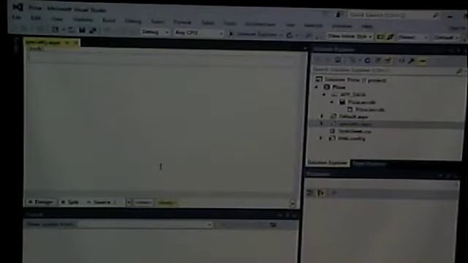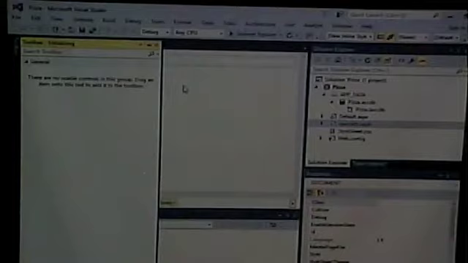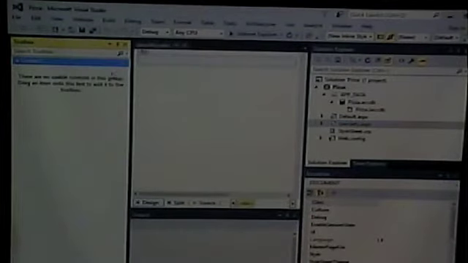Do keep in mind as I'm designing these, I'm not spending effort to make them look pretty. That's sort of your job on your assignments to go and do that. I'm just showing the functionality. So, I'm going to do this a bit at a time. First thing I'm going to do is